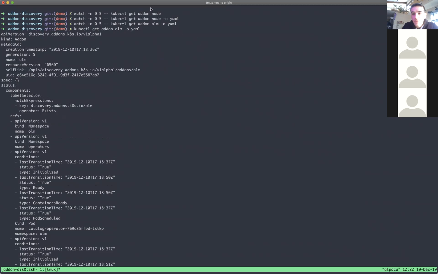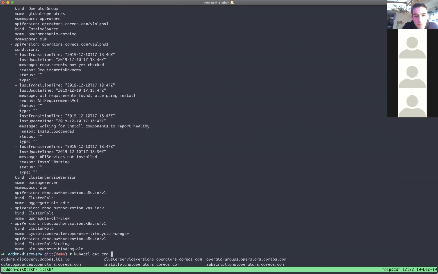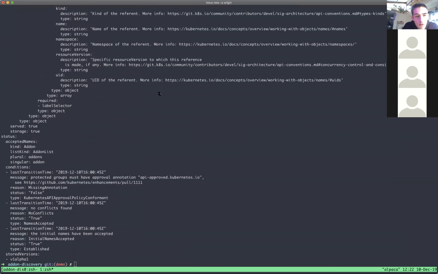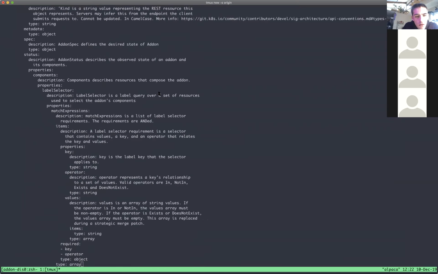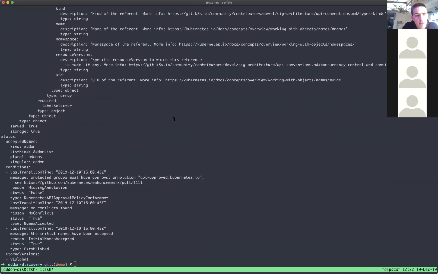Maybe I missed it, but could you show a kubectl output for the kind? Like if you just get the kind. Is that sufficient? You wanted the CRD? I'm just wondering, there's only one of these in the cluster right now, right? Yeah. Oh, you want, sorry. Yeah.